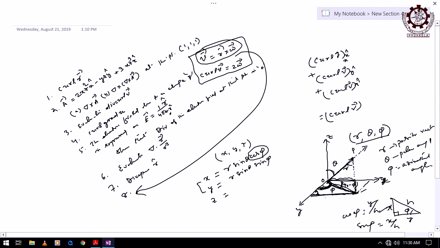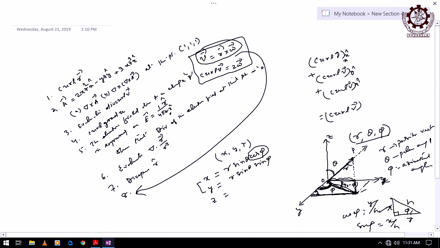Theta, where is theta here? This triangle refers to phi, not theta. But the value of hypotenuse will be r sin theta. The projection of r on the xy plane. Its value will be r sin. If you drop a perpendicular, it will be here. Foot is here on the xy plane. Right? Foot will be here or not? If you drop a perpendicular from that point to the xy plane, where will it be? Here only. Then what you want to get, tell first.